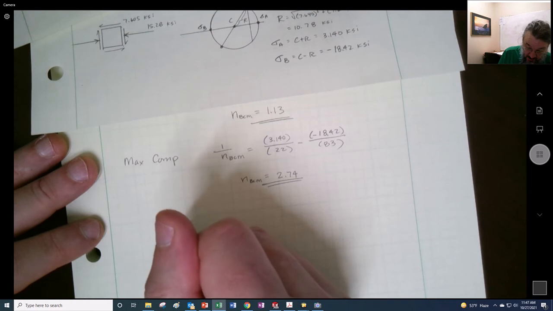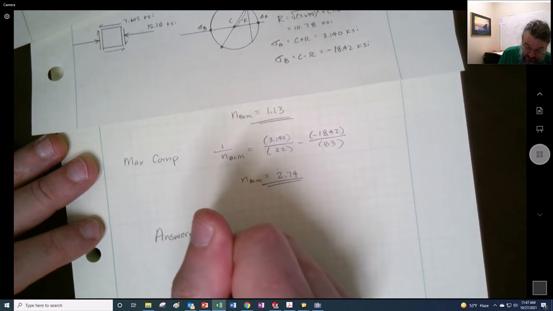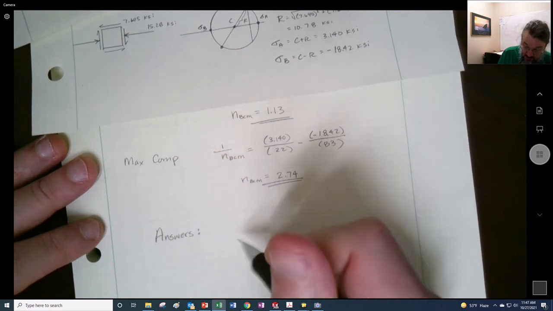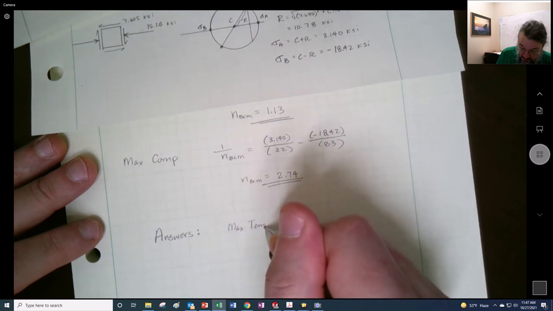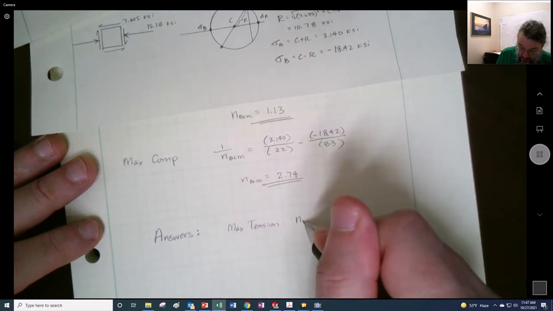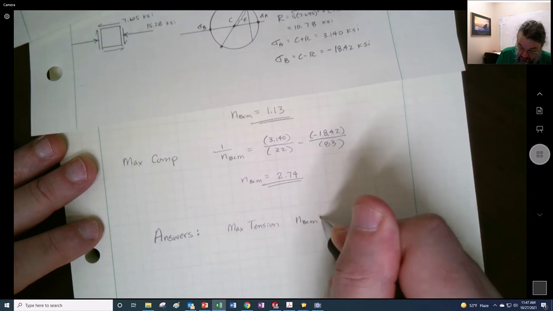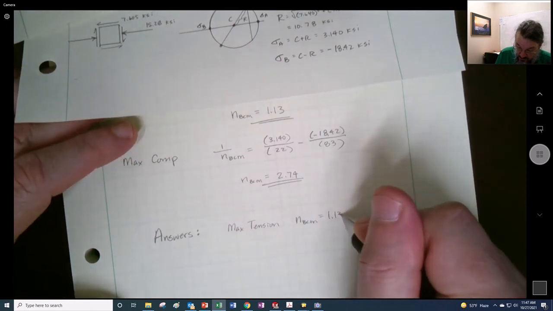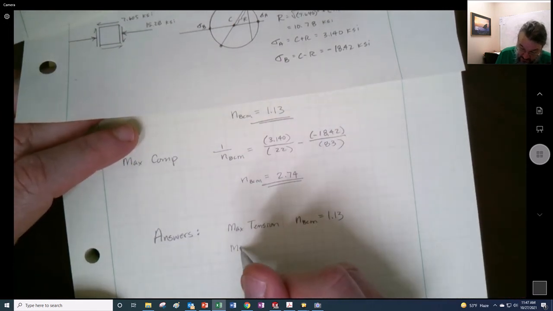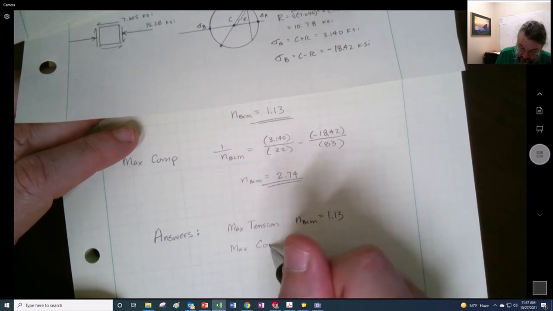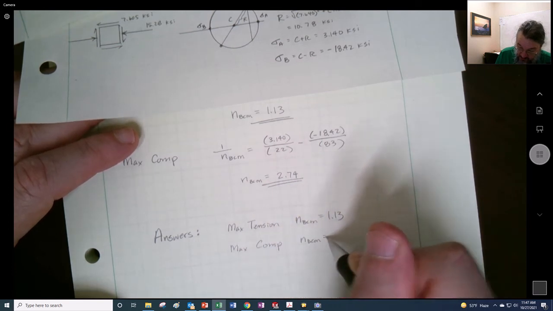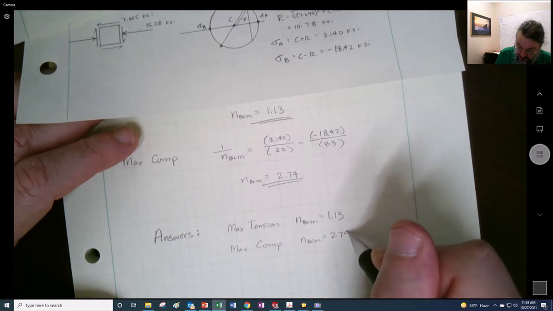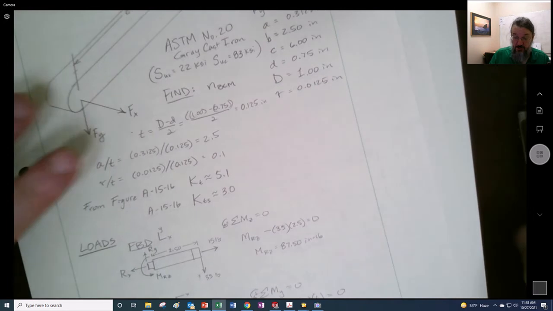So I'll rewrite out my answers because I prefer when you do that. So max tension, brittle Coulomb-Mohr, is 1.13. Max compression, brittle Coulomb-Mohr, 2.74. And I believe I said that I wanted you to show me the, I'm trying to think of the words,